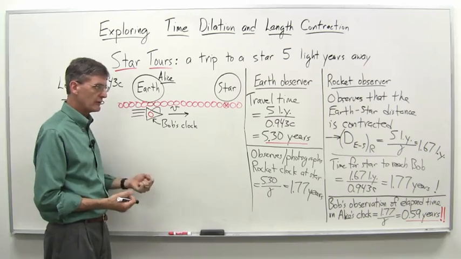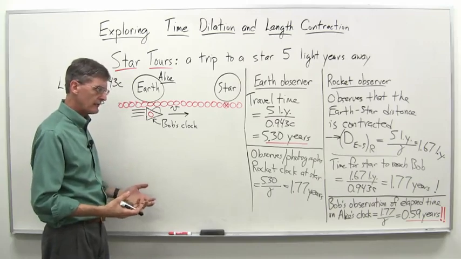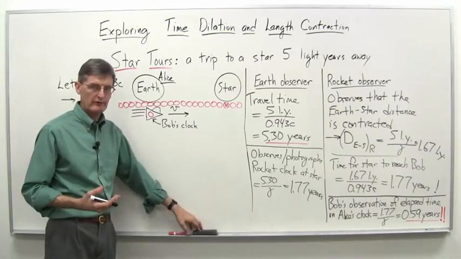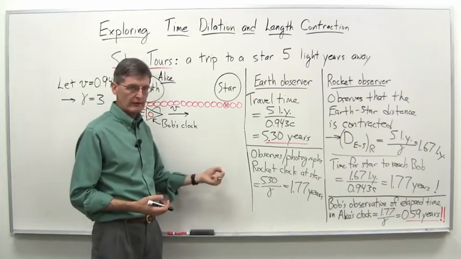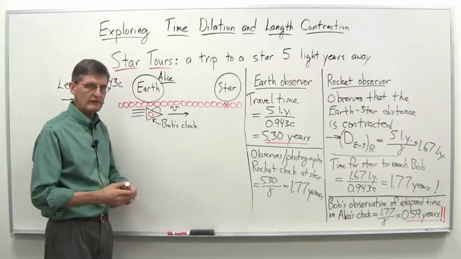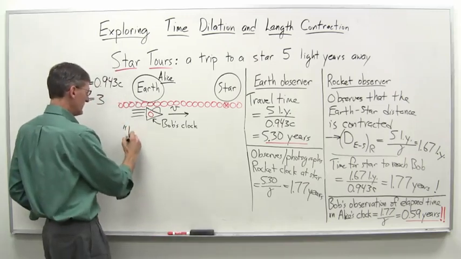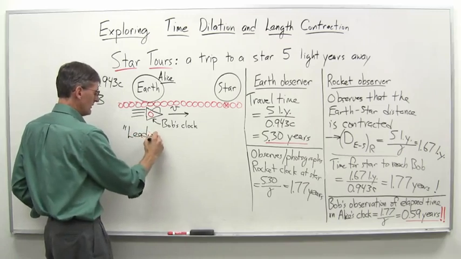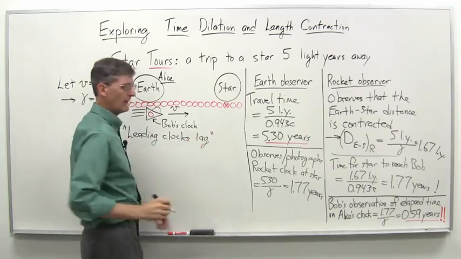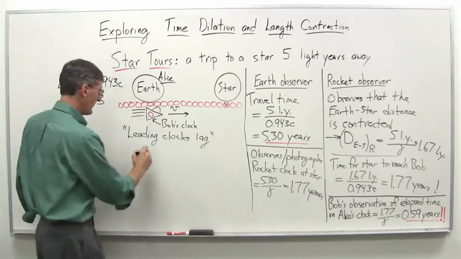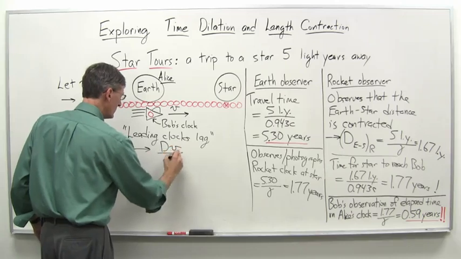And this is where you get into trouble, where you get these weird paradoxes sometimes that don't seem to make sense. And you say, well, gee, maybe the special theory of relativity is wrong. After all, you have to remember the relativity of simultaneity. And one aspect of that is the fact that leading clocks lag, as we showed qualitatively a while back. And now quantitatively, we know that the factor by which they lag is dv over